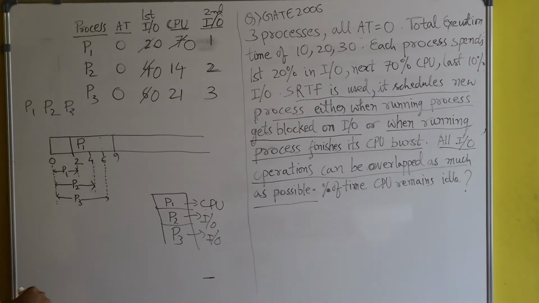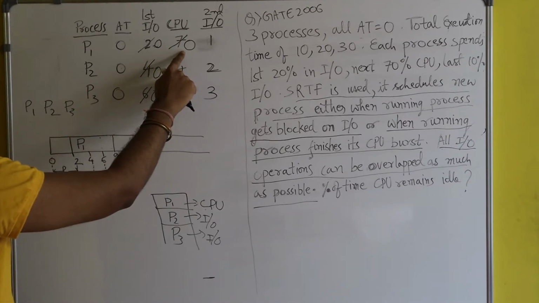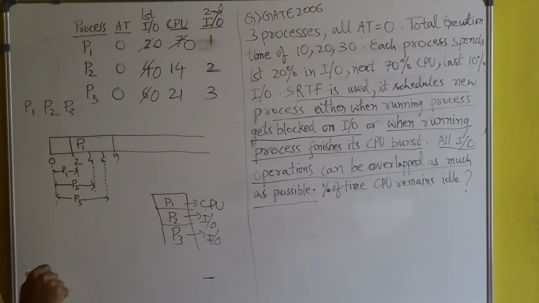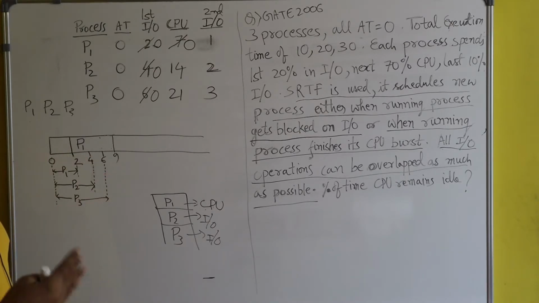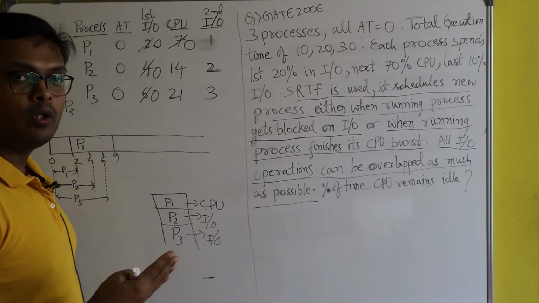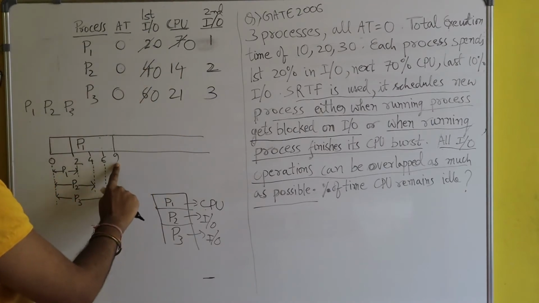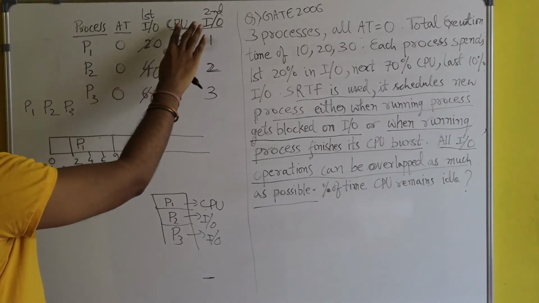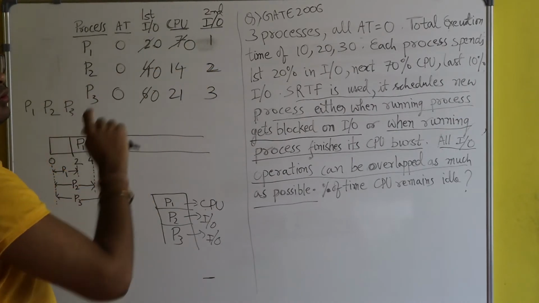Okay. And now you see, after the completion of the CPU burst, process P1 again needs IO. Just remember from the process state diagram, when a process requests for IO, then what happens? It goes to the wait block state. So here again you see, after 9 seconds, after execution of CPU, process P1 is requesting for IO.